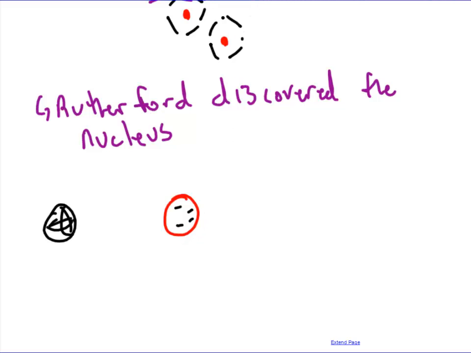And Rutherford took it one step further. He's like, okay, I agree, there's charges in the atom, but it's not distributed all over the place like Thomson showed. Instead, most of the positive charge, or all of the positive charge, is concentrated in the very center of the atom, and around the atom is where the electrons move. And that was Rutherford's model of the atom. So through different experiments and by testing these theories, we were able to come up with a fairly accurate representation of the atom, and this was from the late 1700s through the early 1900s when they were actually doing these experiments and coming up with the model of the atom.